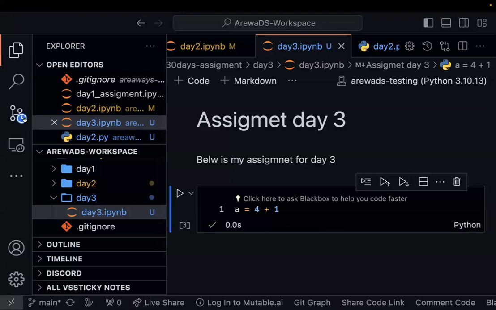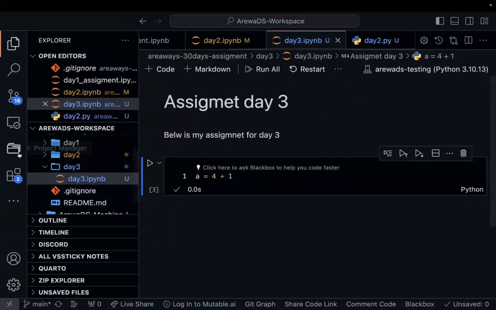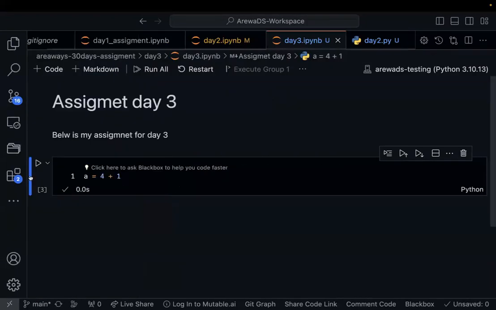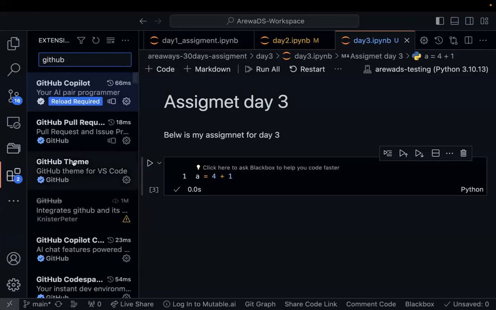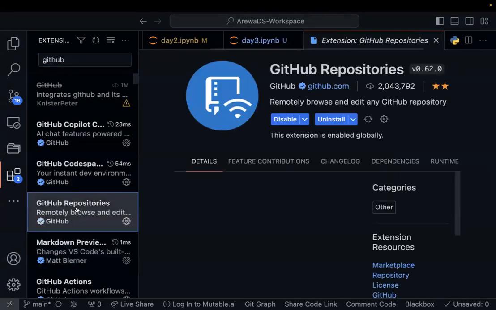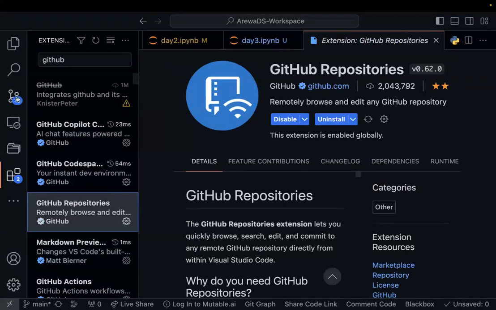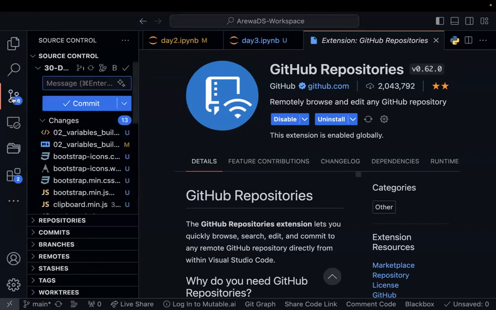If you already installed what I told you, GitHub, in here, when you see this marketplace, you install the GitHub extension. If you install the GitHub repository extension, maybe in your computer you'll be able to see something like this. What this is telling you is that if you click here,